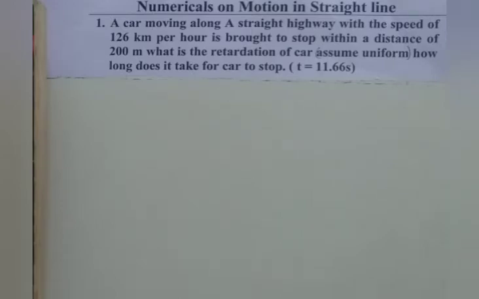That means the whole numerical statement is to be created as a picture in your mind, and it may be written on paper. And while you are reading or after reading, you write down the data given along with their symbols. That is the second step. Once you write down the data along with their symbols, the third step is to convert the system of units. Some units may be in kilometer, some in meter; convert them into a single system.